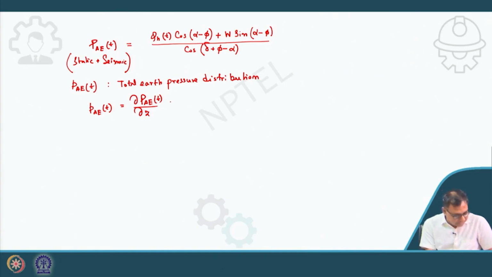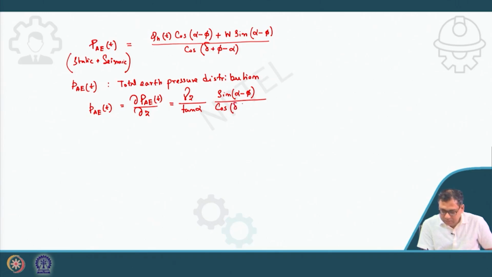So, by differentiating with respect to z, I will get the value: gamma z by tan alpha into sin alpha minus phi